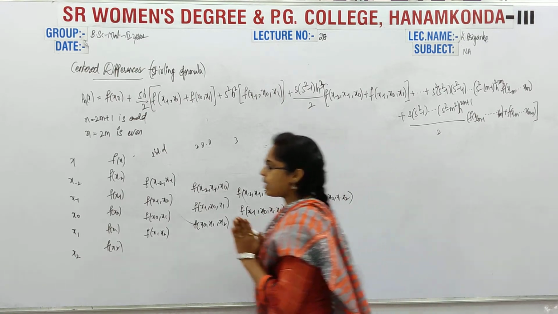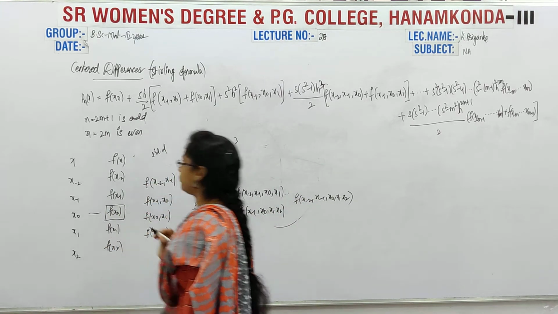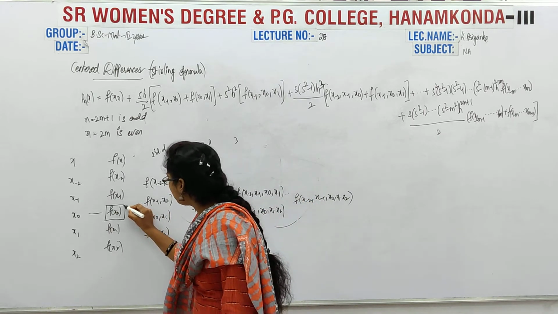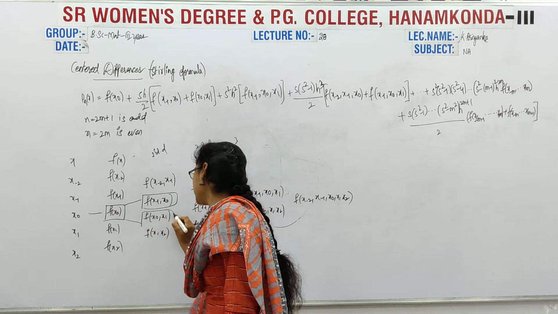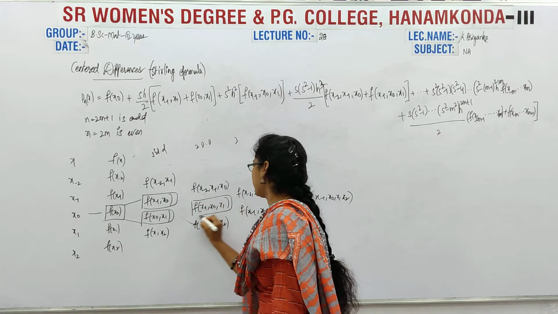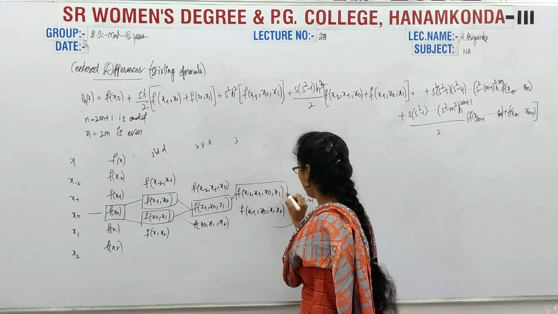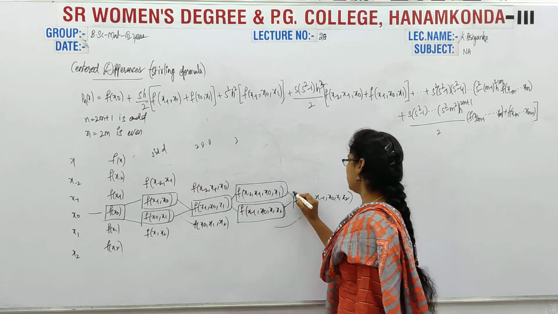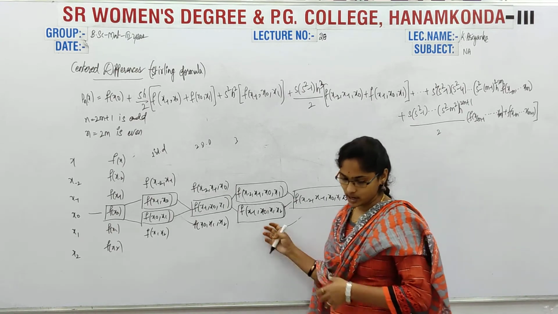Okay, so now here we have to consider x naught. x naught means f of x naught we have to consider first of all. Center means middle. So from the middle we go two ways, this value and this value, then again from the two sides we come back to the center, so this value, and again go to two ways. Again 1. Like this we have to consider. So just take this table and write it down.